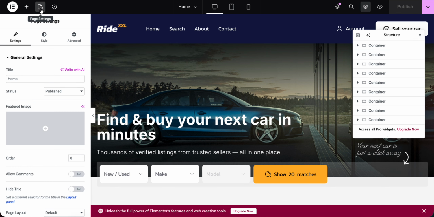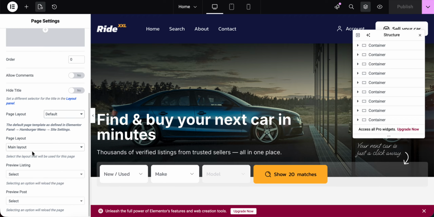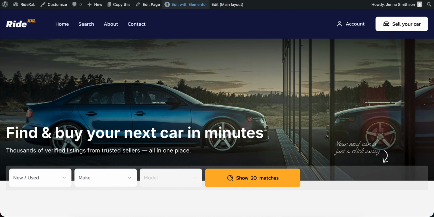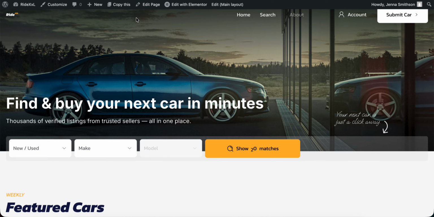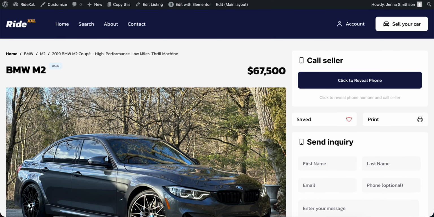So click on page settings, go to the page layout, go to this page layout and choose the one that you wish to use for this page only. So let's set it to transparent layout, click publish, and if we go back, click refresh, on this page we will have the transparent layout, but on the search page and any other page we will have the main layout